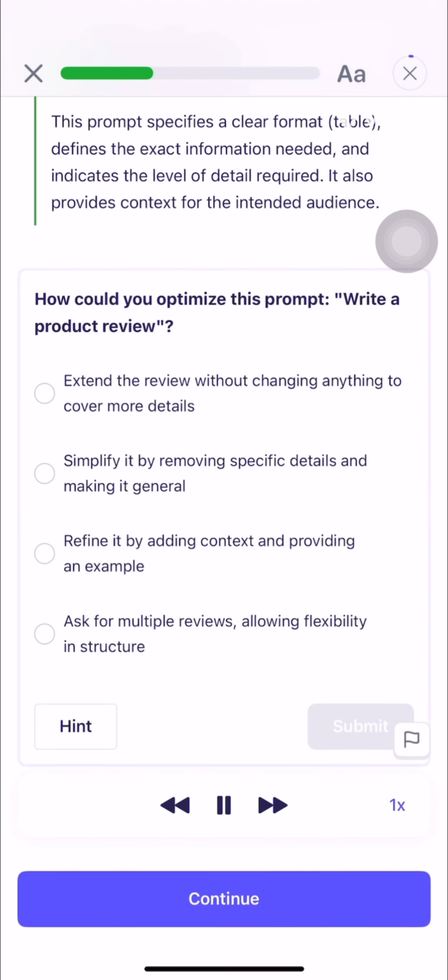Write a detailed product review for a new smartphone you recently purchased. Include your overall impression, key features you liked or disliked, and how it compares to previous models you've used. For example, you might say, "This smartphone has an excellent battery life and a stunning display, but the camera could be better." Please extend your review to cover additional aspects such as customer service, value for money, and durability without